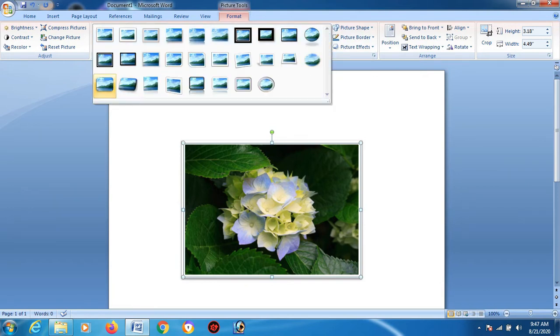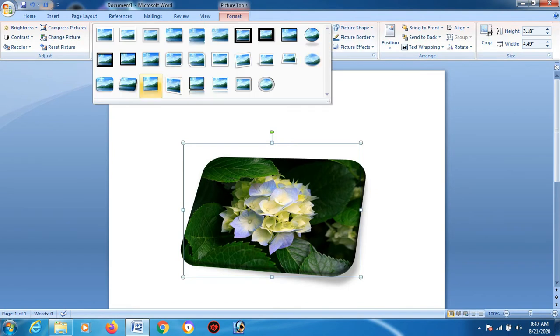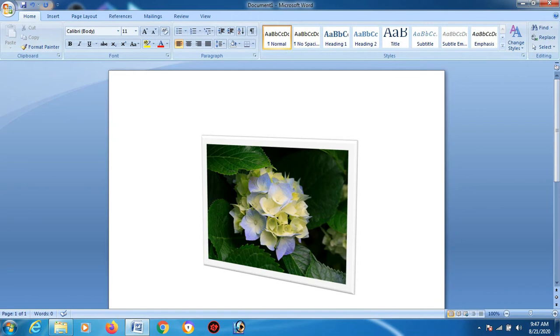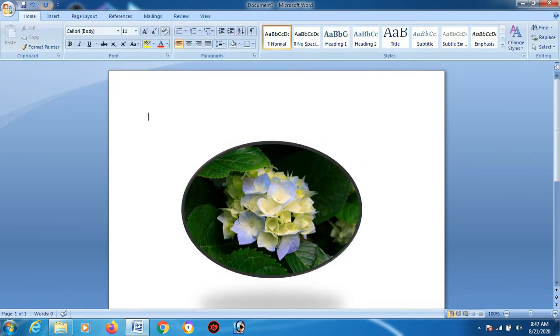Various frames are there. See, this looks something more of 3D. See, okay, so